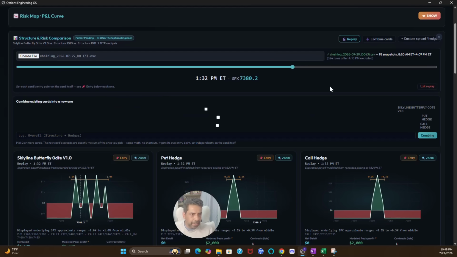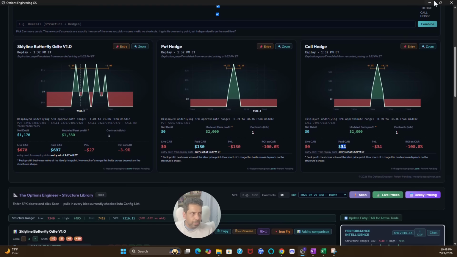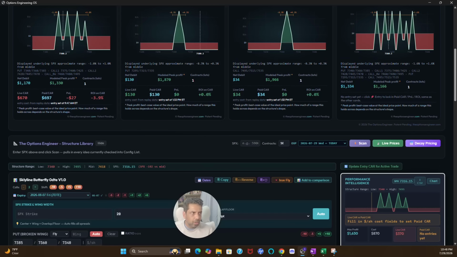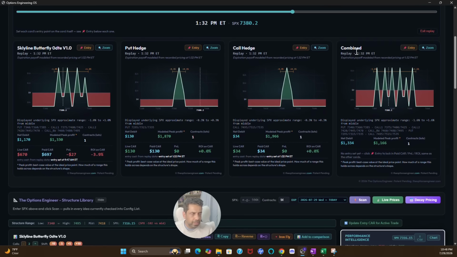I'm going to combine all these three structures together to get the overall payoff view now. So let's combine it here. Now we can see that we have the four structures. The active structure is the combined one over here. And we are going to set